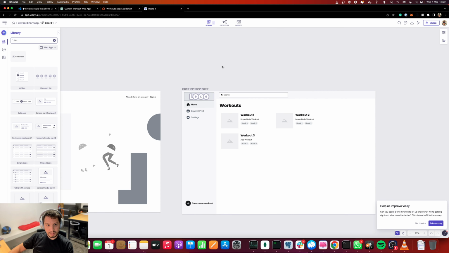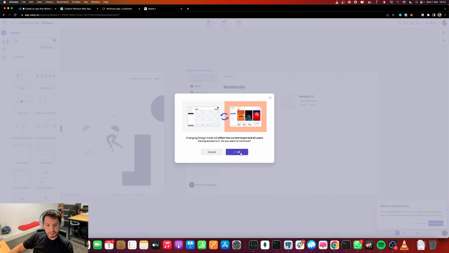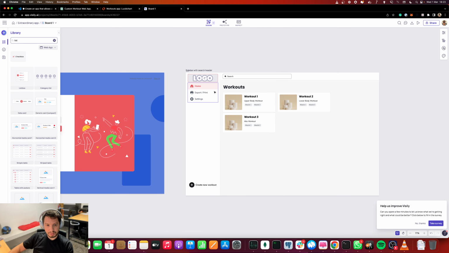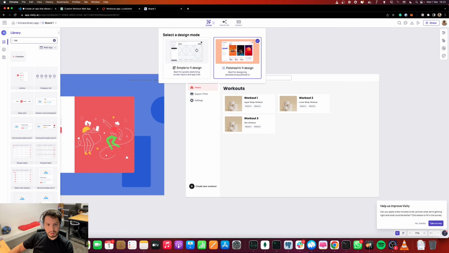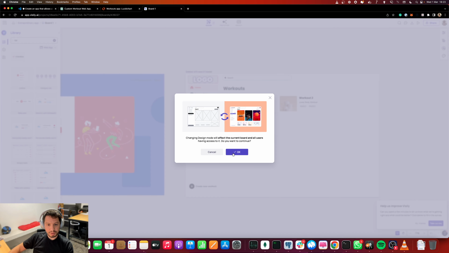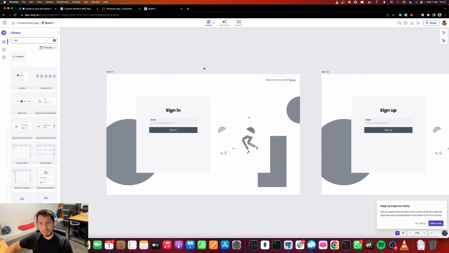Cool thing here is that I see that you can switch to design with this. So kind of looks cool. Want to keep lo-fi so we don't have to deal with colors. Usually what happens here is if we are presenting this to a client, they focus a lot on I don't like these colors or I don't like this image.